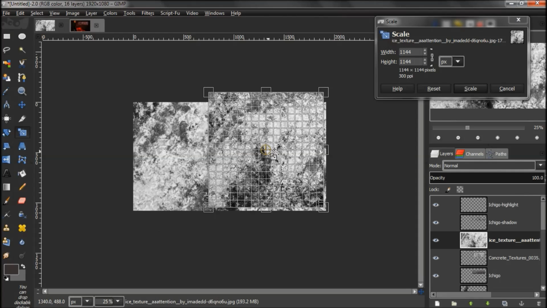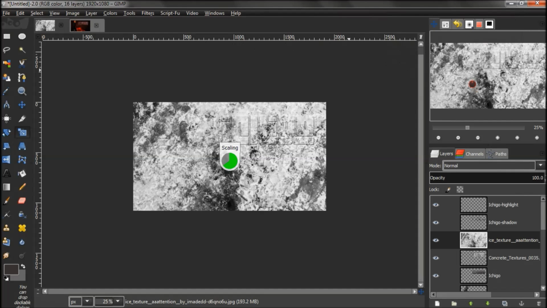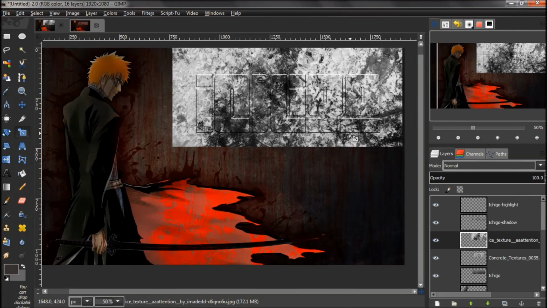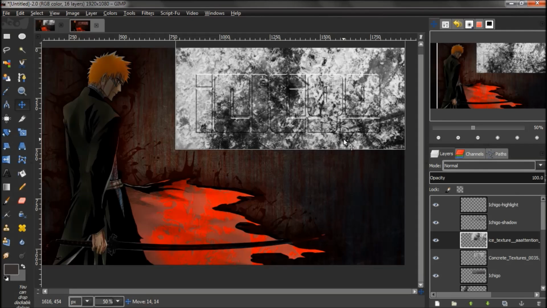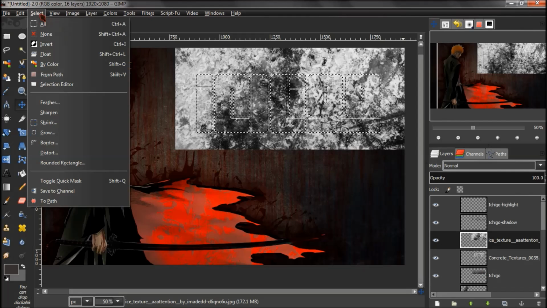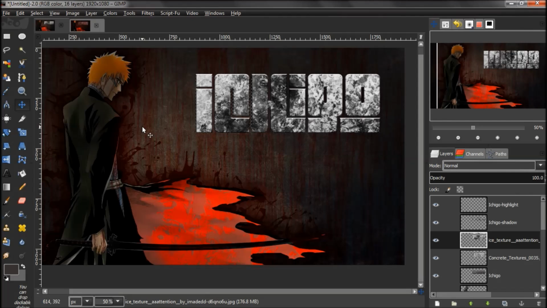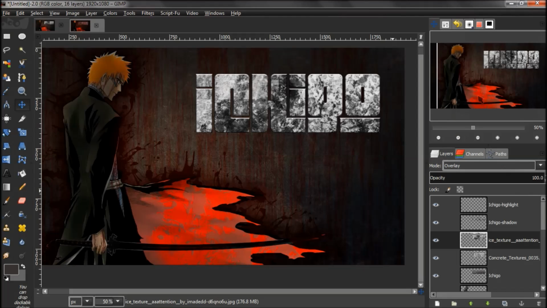down a little bit, scale it, zoom back in, and I'll put it on the dark. You can put it however you want on here. I think I'll try this one right here. So I'll click back on the text, and then of course is select, invert, delete on your keyboard, Control Shift A to deselect it. I'm going to set this on overlay,